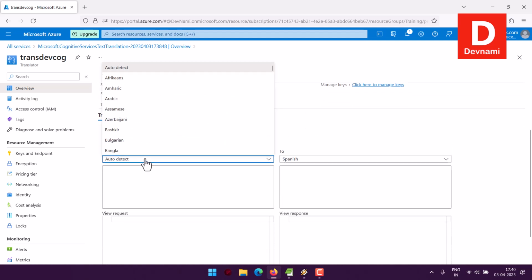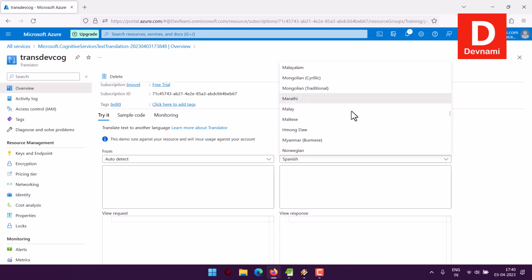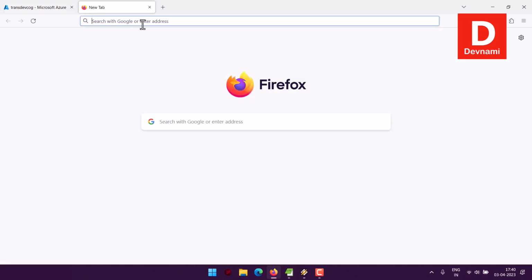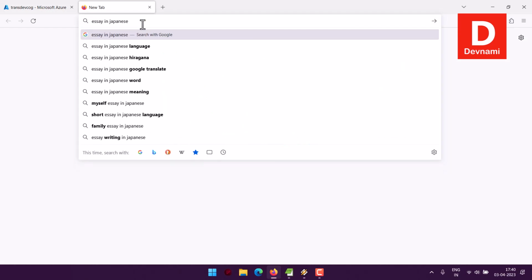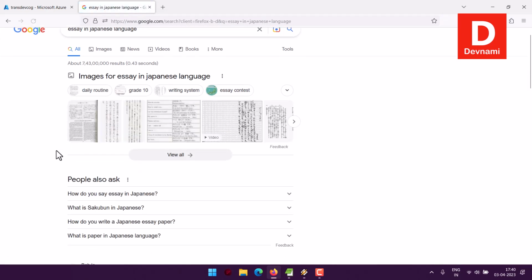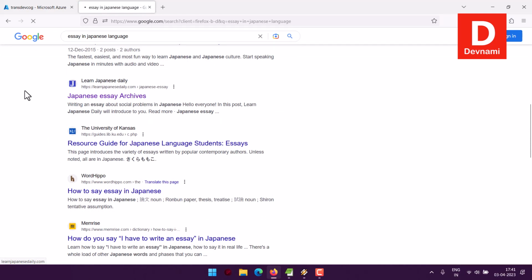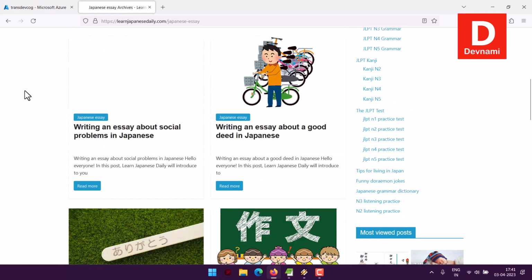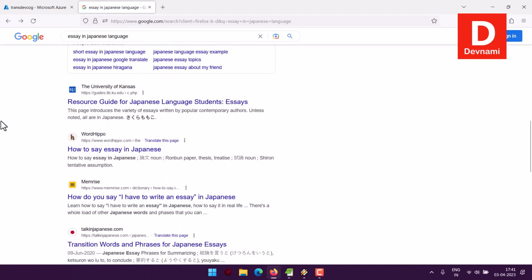So let's see, we want it to auto detect, and I want to convert this into a specific language. So let's say I'm interested in, say, my local language. Right now I'm going to search for, let's say, essay in Japanese language, right? So we will have some search, and we will search for those essays, right? And let's take a look at the option of